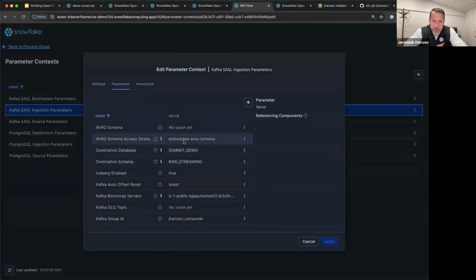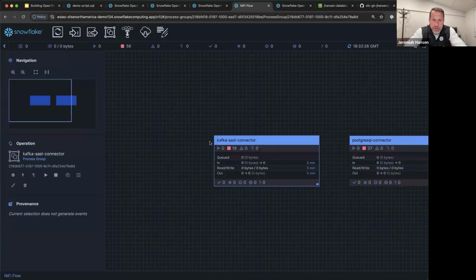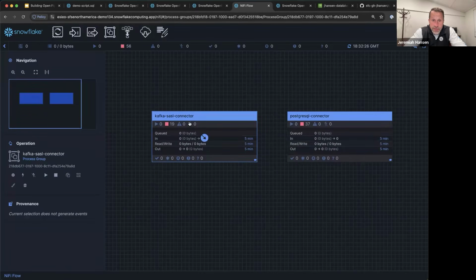Those parameters are all the things you need, like the connection details, anything specific to your environment. That's what you specify in the parameters. So that's how you configure the connector, and those are NiFi parameter contexts. So we'll have that defined. Before I can run the Kafka connector, I'm actually going to go back to our Snowflake